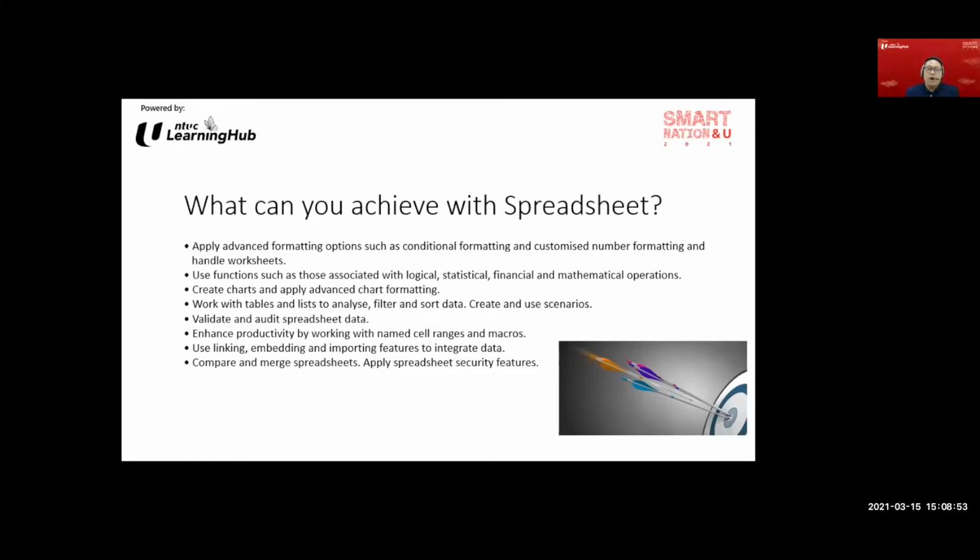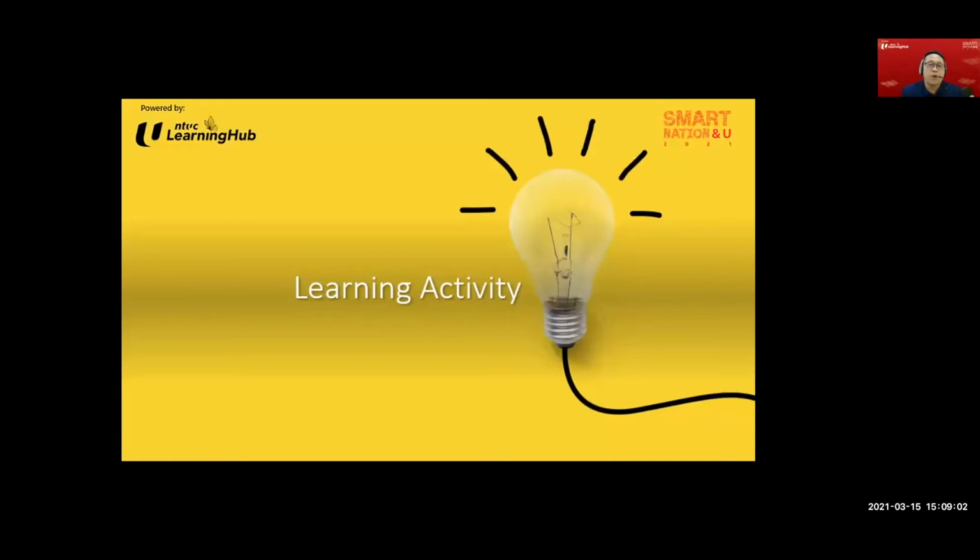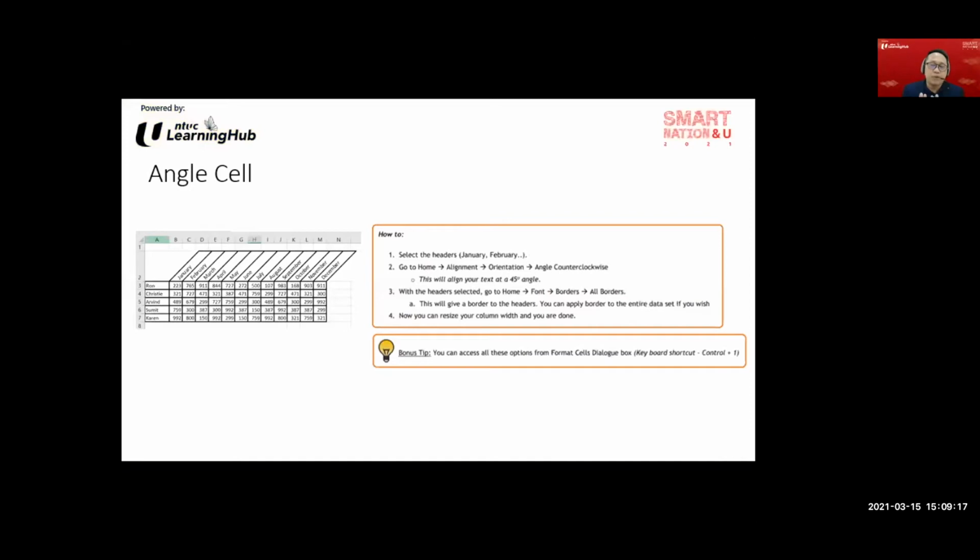So let's start off with one of the most simplest activity. We're going to dive right into learning activity. After all, what's the point of attending this workshop if we can't take away something useful that we can use in our day-to-day life, especially when we talk about spreadsheet. So one good example here, we're going to start off with the basic stuff, like how can we angle some of those information via spreadsheet so that we do not have a situation whereby our column can be wide just to accommodate that title at the top row, right?